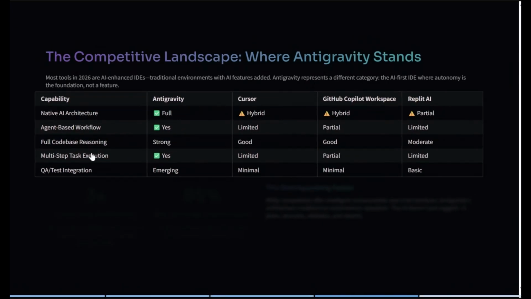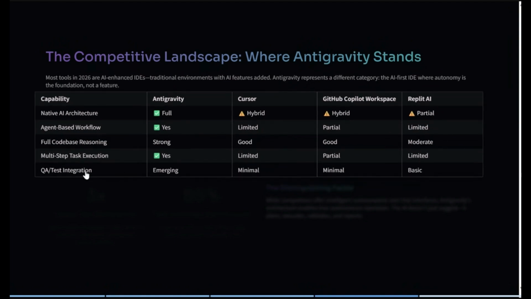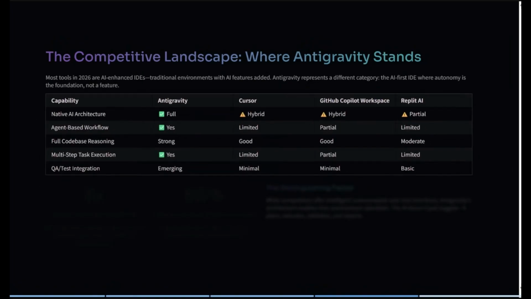And if we talk about the full code base reasoning, Antigravity has strong code base reasoning, and as compared to others, Replit AI is better, right? And we have multi-step task execution in Antigravity, and slowly, if we see Cursor, GitHub, and Replit AI, now they also have the multi-step task execution. Okay, QA or test integration.